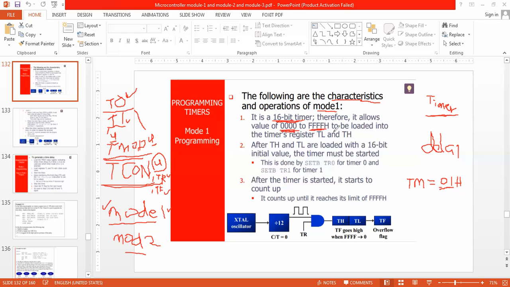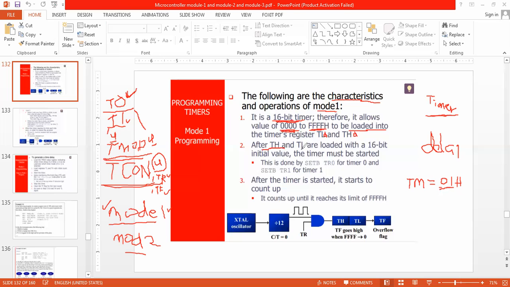These values are to be loaded into TL0 and TH0 when I am working with T0. If I am working with T1, then it will be TL1 and TH1.